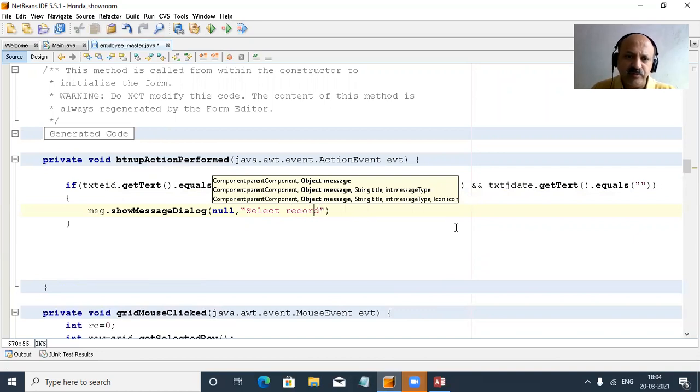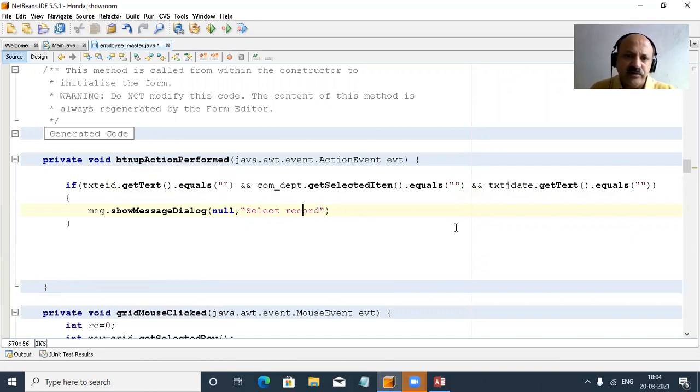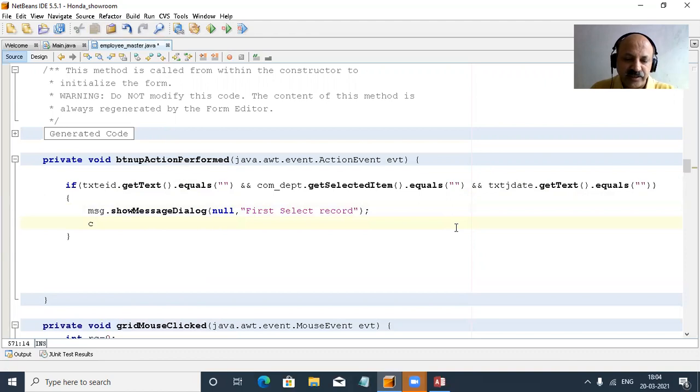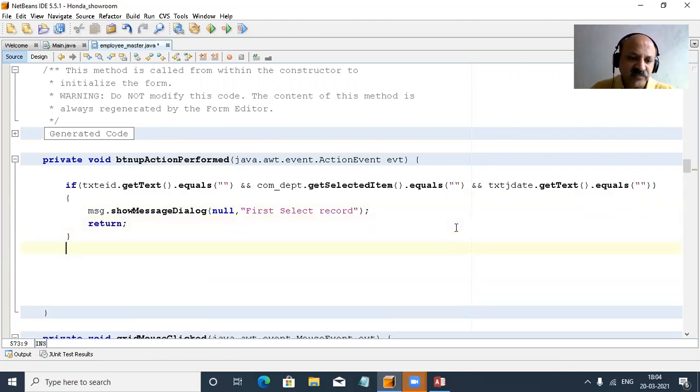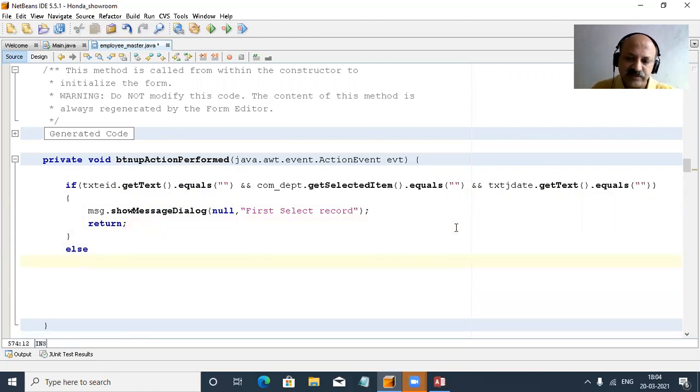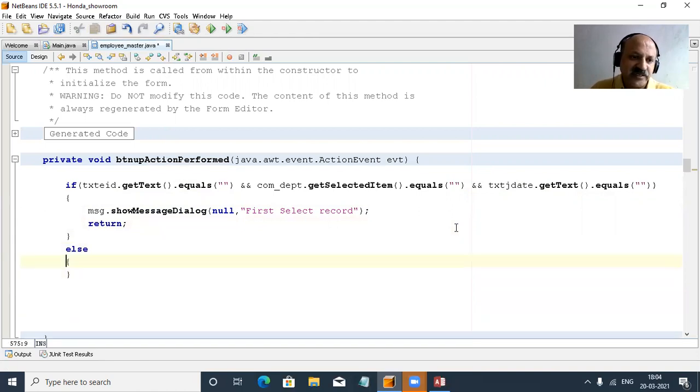So yes, select first. We can say first select a record, then you can apply the update. And what to do then? So yes, directly return.